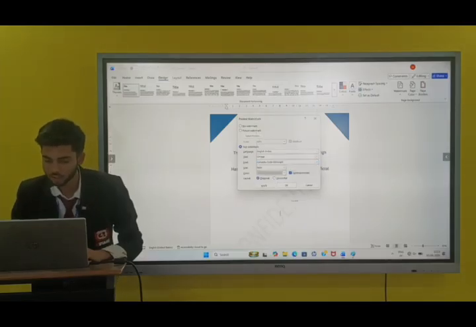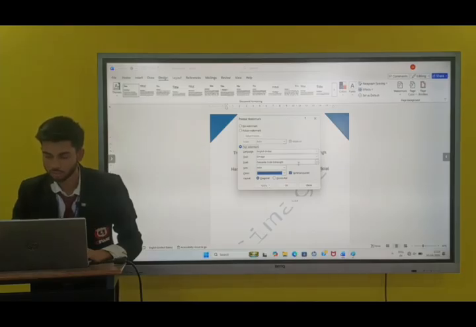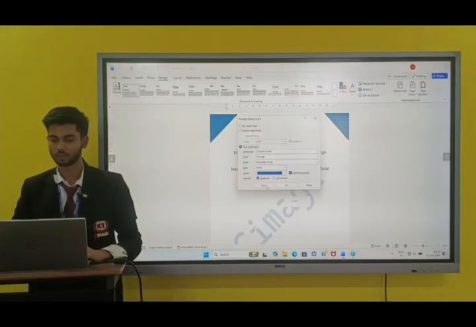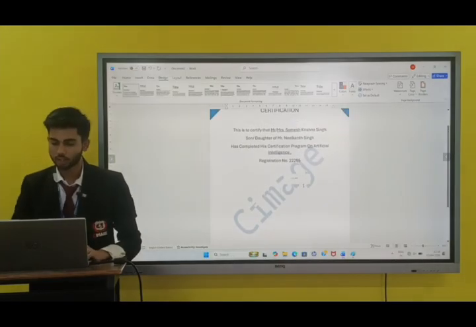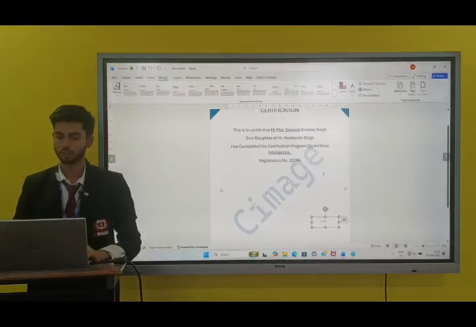Just change the color, whichever color you prefer, and apply it. Okay, so the page is ready, and for the signature just come here, it will look interesting.